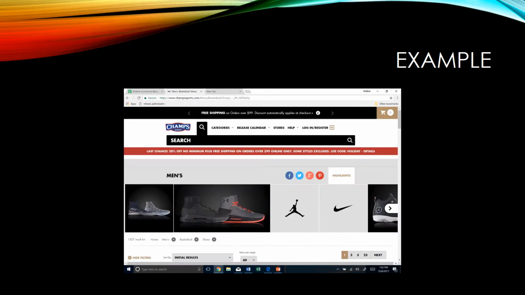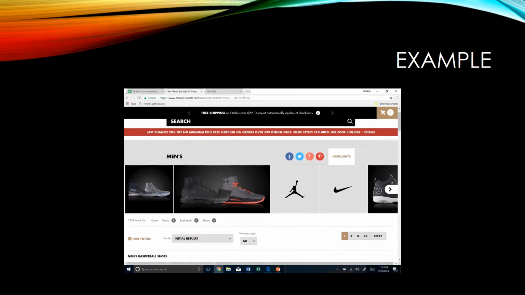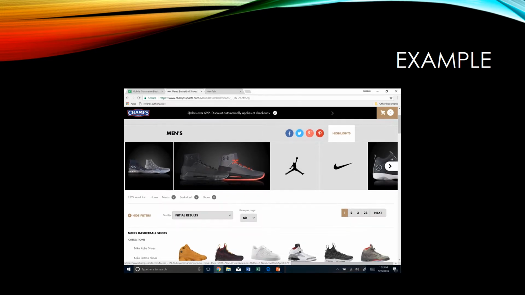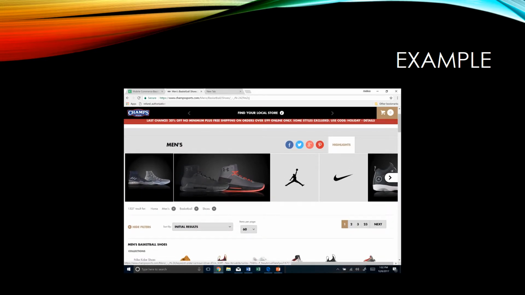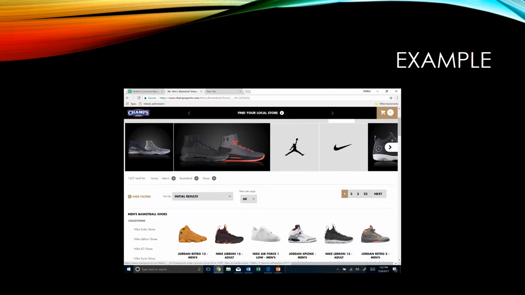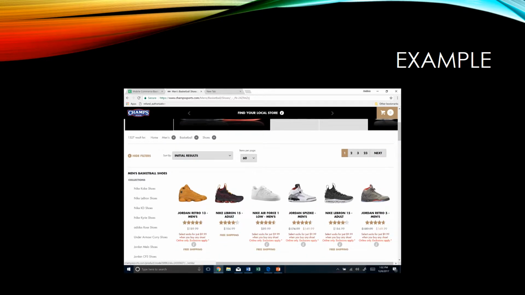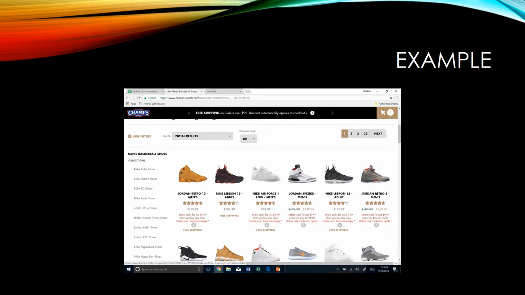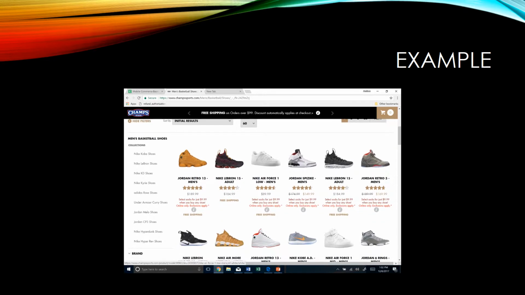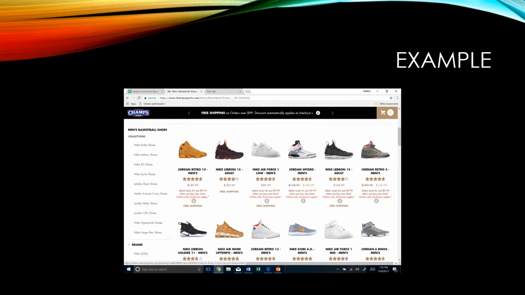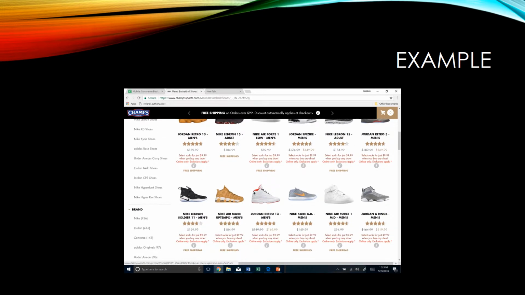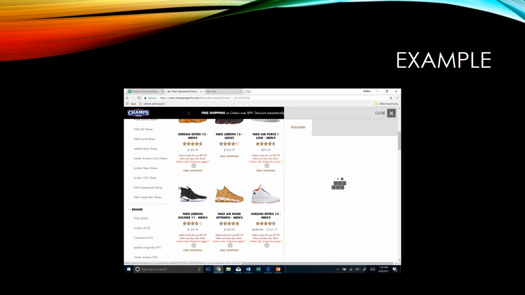All right, so this is an example of m-commerce. I am currently on my laptop, and I went to the Champs Sports website because it's just a website that I already had up. And here I selected men's and I selected shoes. I selected basketball shoes. You can select many different styles. You can select women's, kids, shoes, lifestyle shoes, running shoes. Like I said, I just clicked on basketball shoes and I'm going to click on these here just for purposes